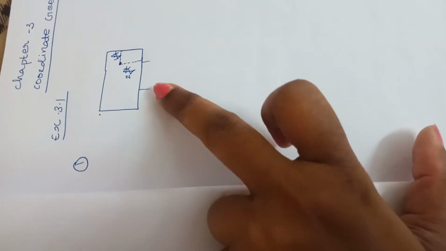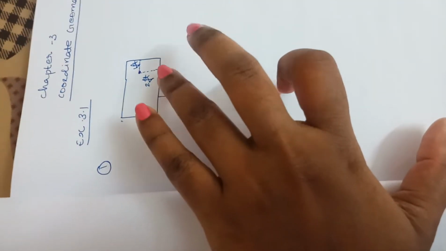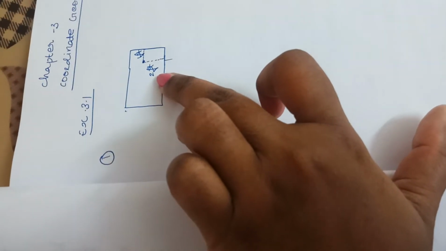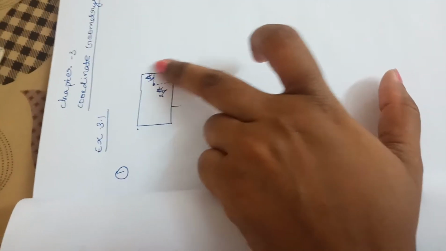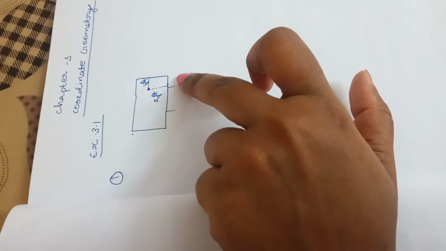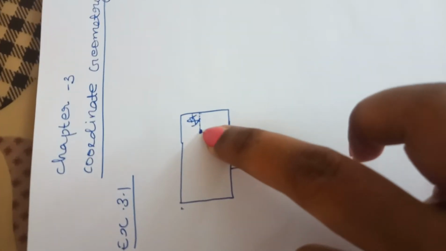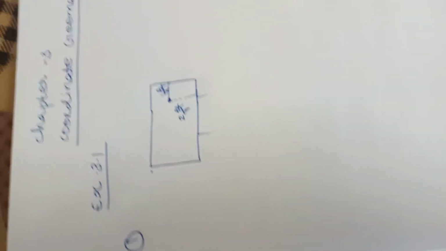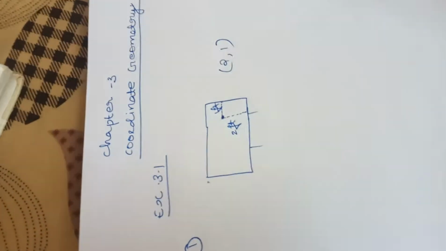So for this case, this is the seating position. From the seating side, the point is how much distance? This is 2 feet distance from this side, and on the right side edge, how much distance? 1 foot from the right side edge. So this point we can represent like this. We can write the position of the lamp as 2 comma 1.